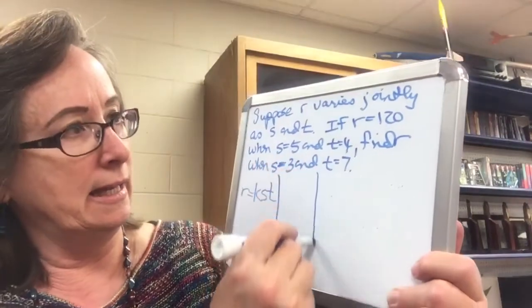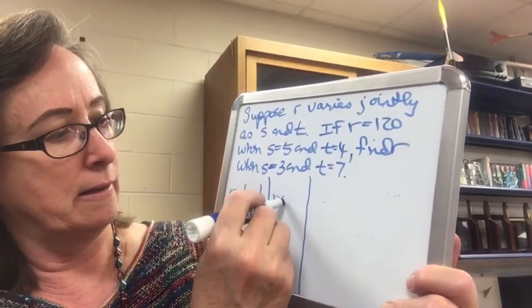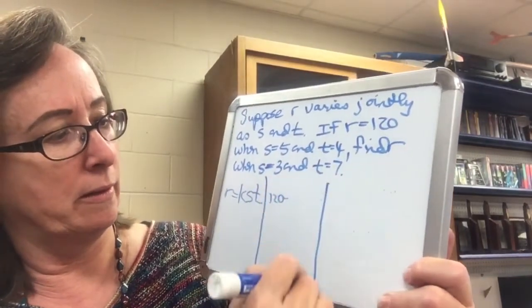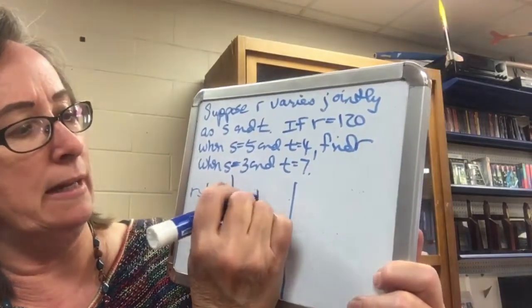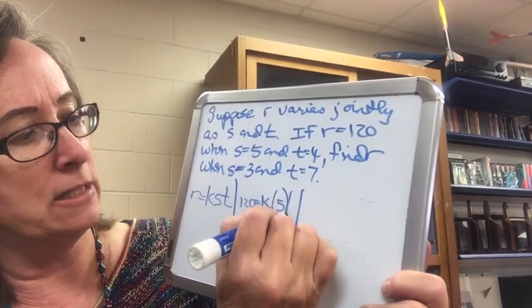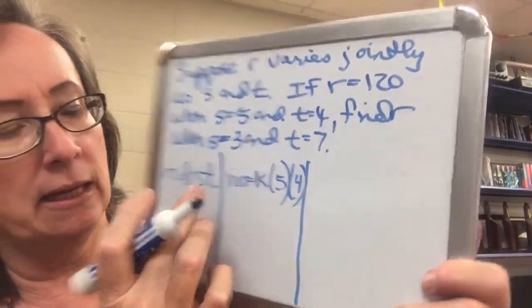And then it says if r is 120, when s is 5 and t is 4, so then I have 20 times k is 120,